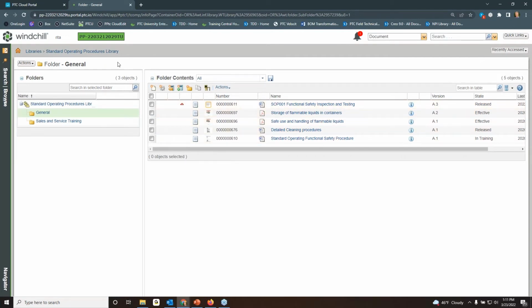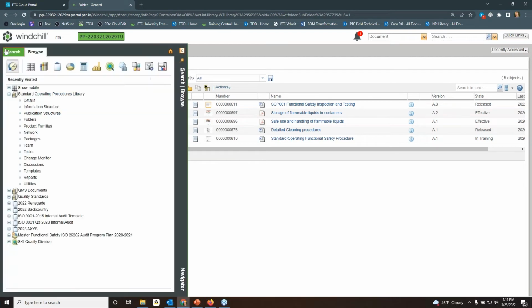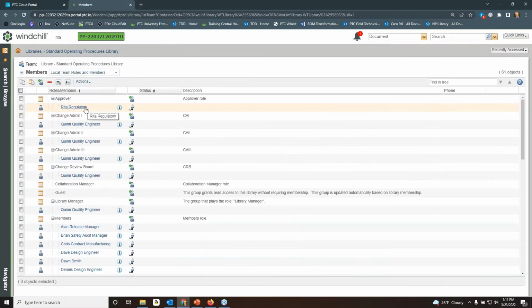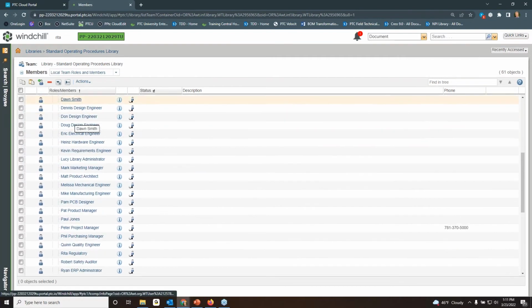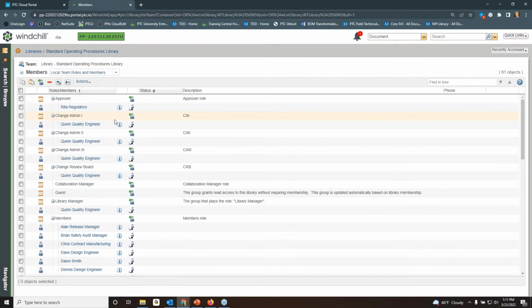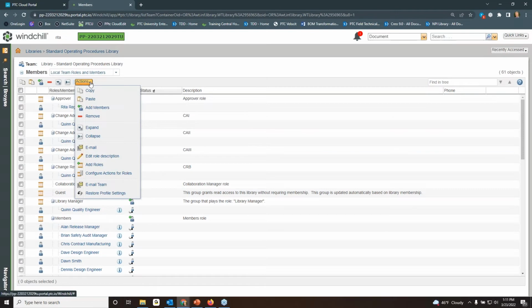Another thing that we can do with the libraries, let's say we wanted to see the team associated with this library. We can click on team, and now it'll bring up all of the roles and team members that are associated with this library, okay? So you can see that we have quite a few people here, and depending on what their role is, they're able to do different actions. And we're able to control, right, what actions each role can do. So I could add members, but I'm going to look at the